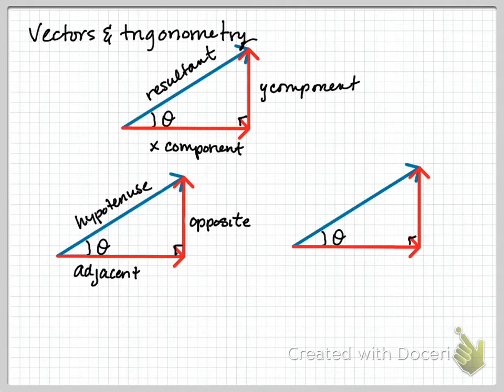Okay, so I thought I'd give you guys a little bit of a review of how vectors and trigonometry work together. So this top triangle right here is a right triangle, and here's the vocabulary that goes along with the vectors. The hypotenuse is called the resultant, and the resultant is the vector sum of the x component and y component. So if you have x and y,